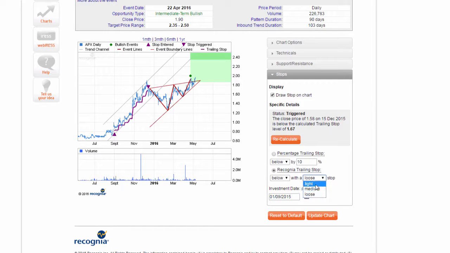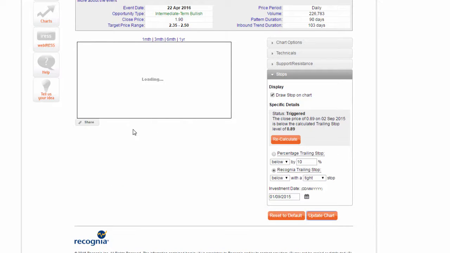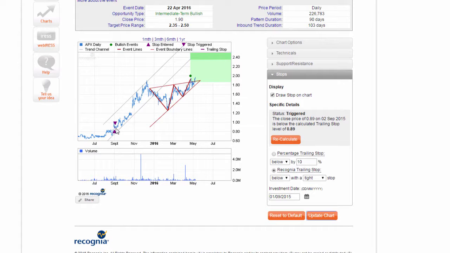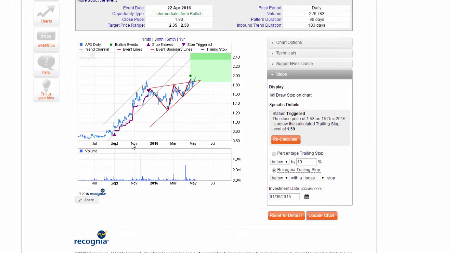So if I go and choose a Recognia trailing stop that's tight, I suspect it's probably going to stop a bit early like we did on the 5% earlier. And in fact, yes, it only lasted a couple days. If we go with loose. And these are based on the standard deviations of the price action in the past. So you can see here that again we got a similar thing where it stopped out up here in the middle of December. So that's how stops can work for you, and you can actually set them up to